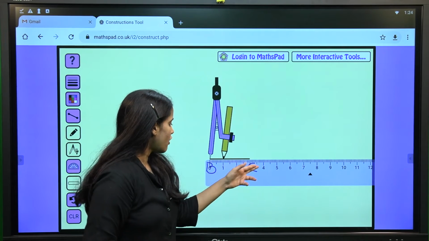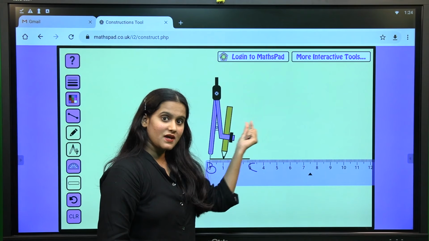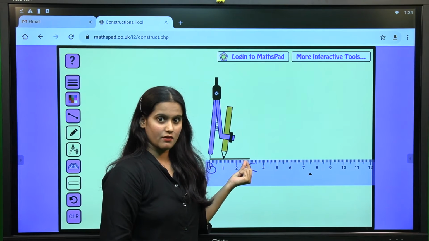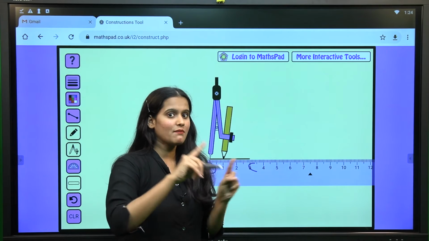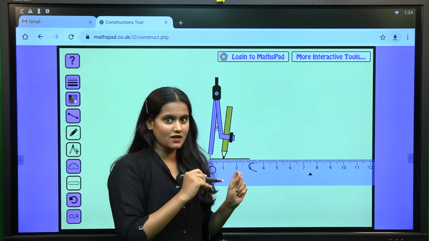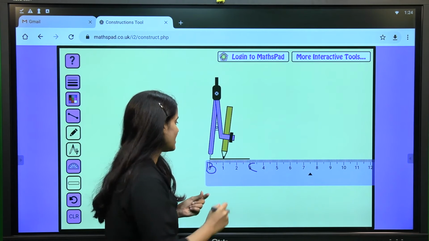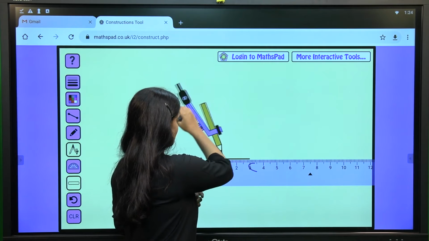See, we already got BC point. Only thing is we need A point, right? So, B as a center I am just taking, with 1 centimeter as a radius, which was the AB length, right? So, AB as a radius I am taking. So, B as a center with 1 centimeter as a radius, what I will do is, I will just draw an arc like this.